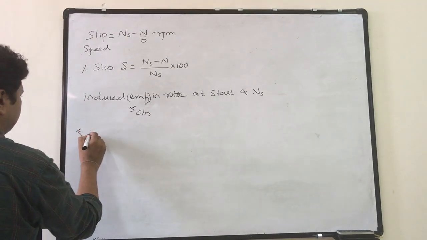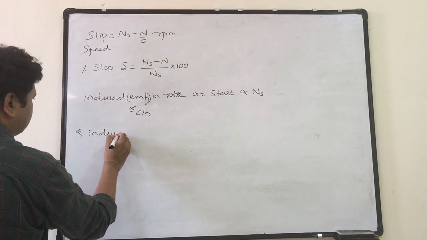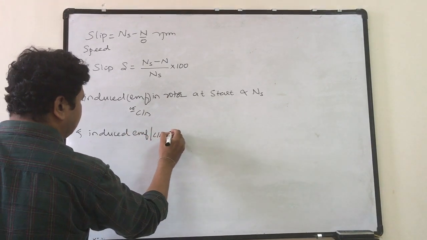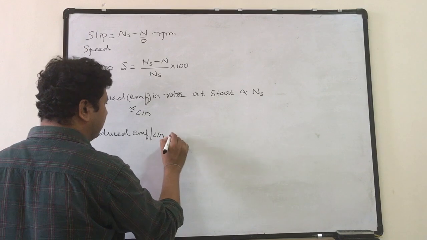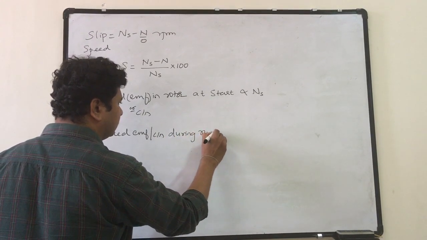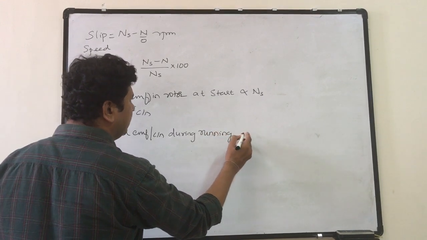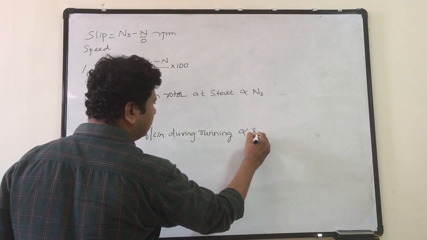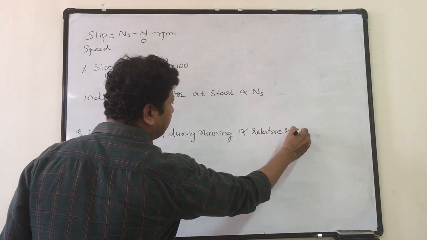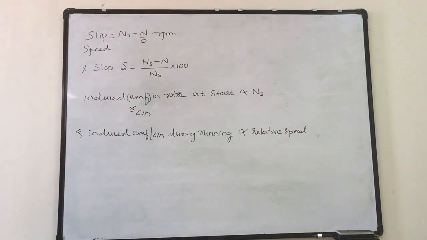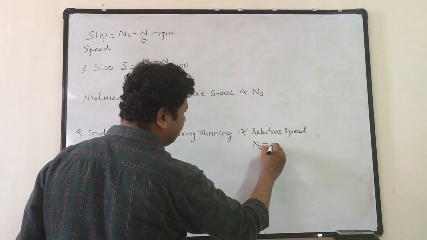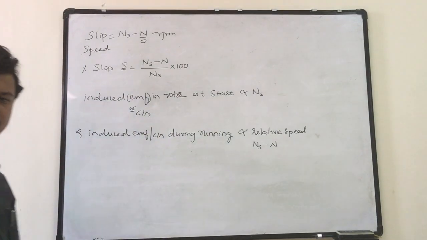And induced EMF or current during running is proportional to relative speed. Always it is proportional to relative speed, but now the relative speed is ns minus n. Therefore